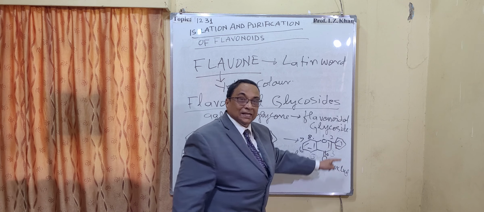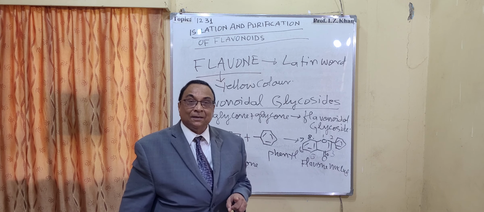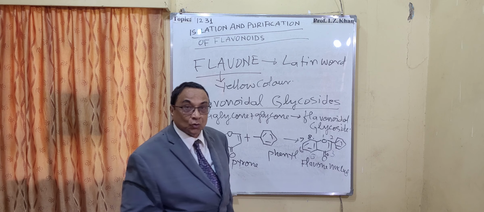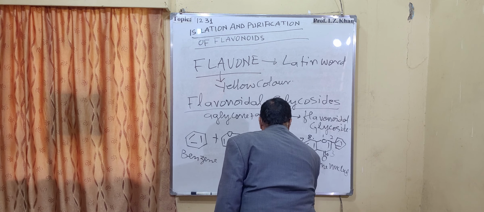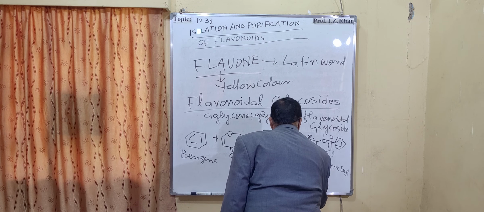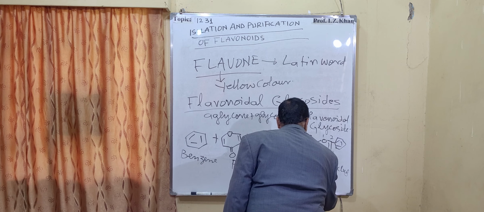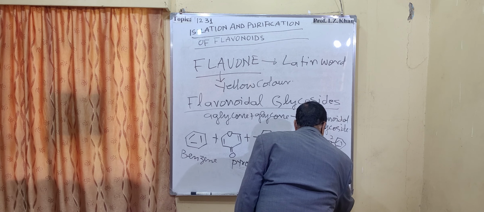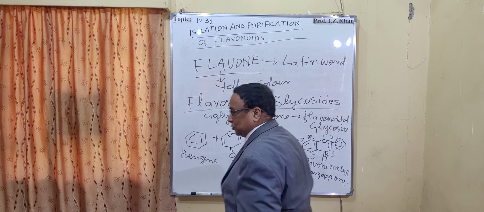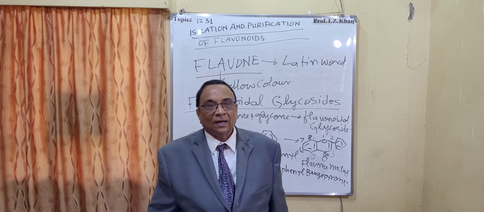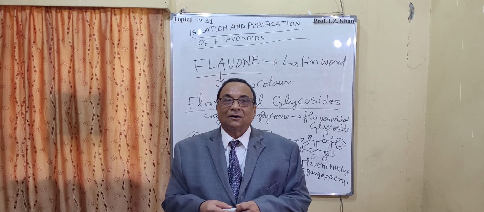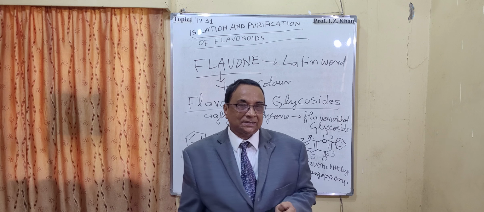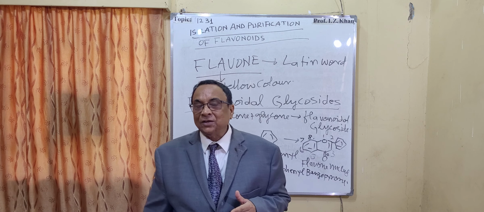So at the 2 position there is the phenyl ring. So the IUPAC name of this flavone nucleus can be 2-phenyl benzopyrone. So 2-phenyl benzopyrone nucleus is called the flavone molecule, and sugars are attached, and